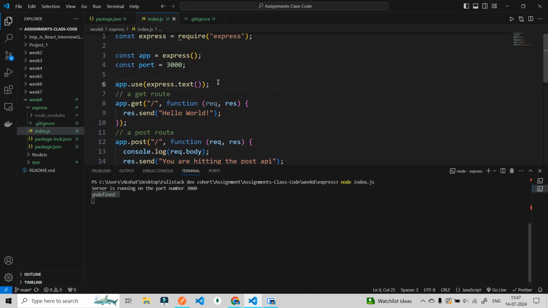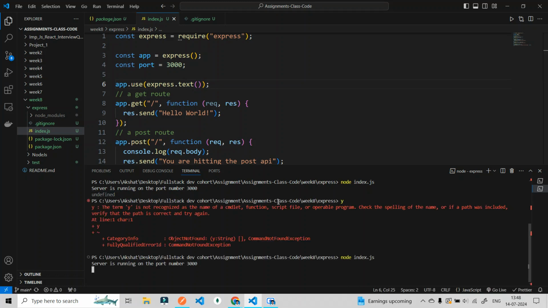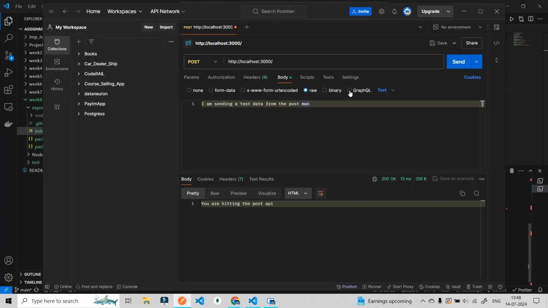But just for now we have to tell Express that the data we are sending is in text form. That is why we have to use this particular line of code in our index.js file. What it says is that Express can now understand all the data in text form coming from the front end or any other application. Okay, so now if I save this and run this again, node index.js,